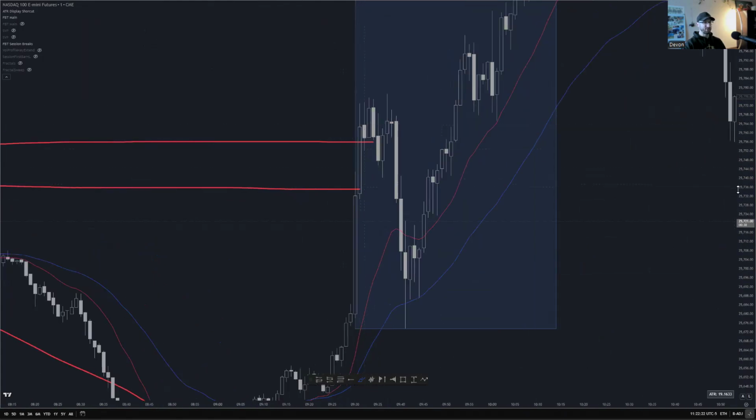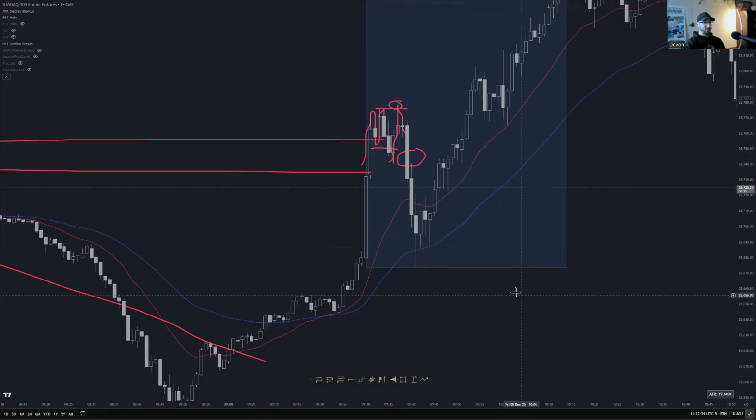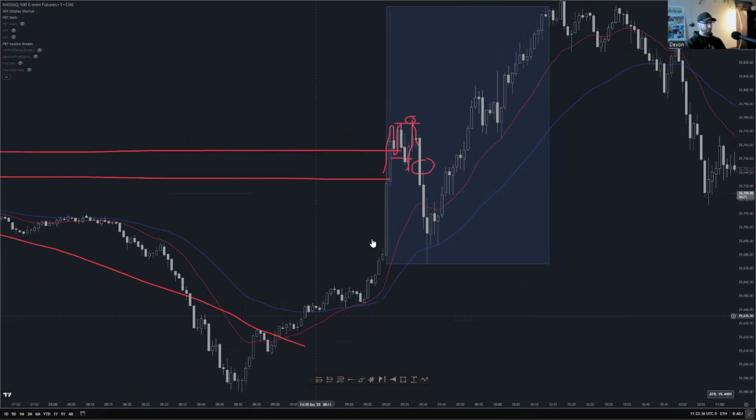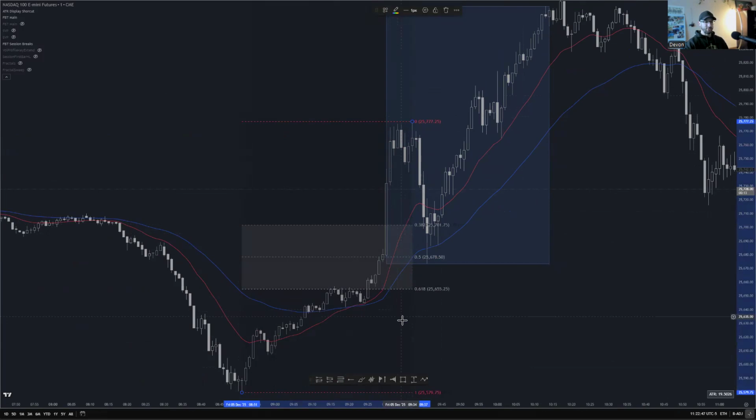I'm looking for signs of reversal, which would be high, low, high, drop, push up here, attempt the high with a small wick, and then price dropping down. I entered here. And what I did was I looked at the bullish move. Price loves to come back to certain Fibonacci ratios. That's why Fibonacci sometimes works. But the theory is price loves to come back to the 50% of impulsive pushes.